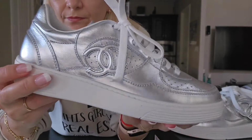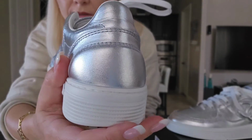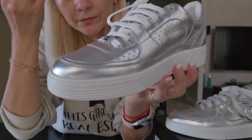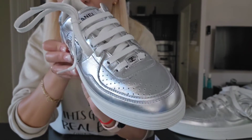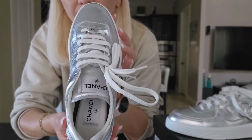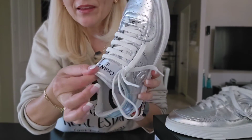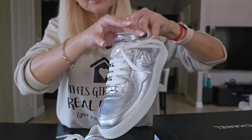So the stitching is perfect. I don't see any flaws. I was in the hurry when I bought them because I was returning some stuff. I didn't have enough time, and I tried them on, and I just fell in love. All right, here they are. Here's the second one,